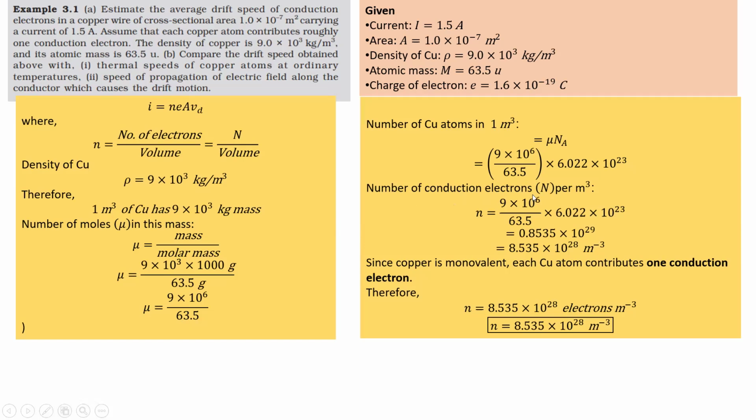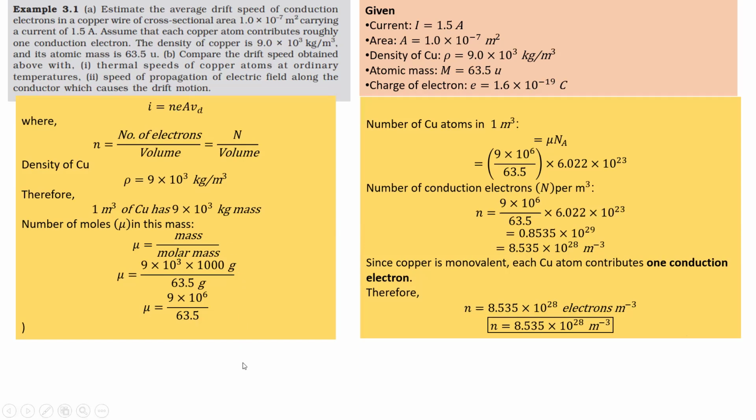Number of conduction electrons, that is same as this one. 9 into 10 to the power 6 divided by 63.5 multiplied by this. Number of atoms is same as number of electrons. Why? Because copper is monovalent. Each copper atom contributes 1 electron. These many atoms are there means these many electrons are there. So we got number of electrons per meter cube is, if you simplify, how much we got? 8.5 into 10 to the power 28 electrons per meter cube. We got number of electrons per unit